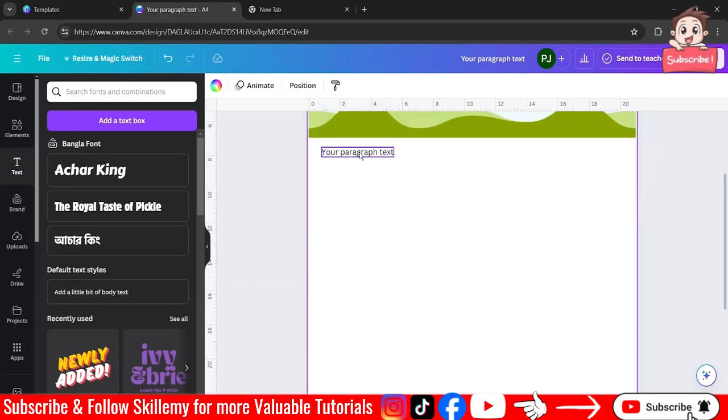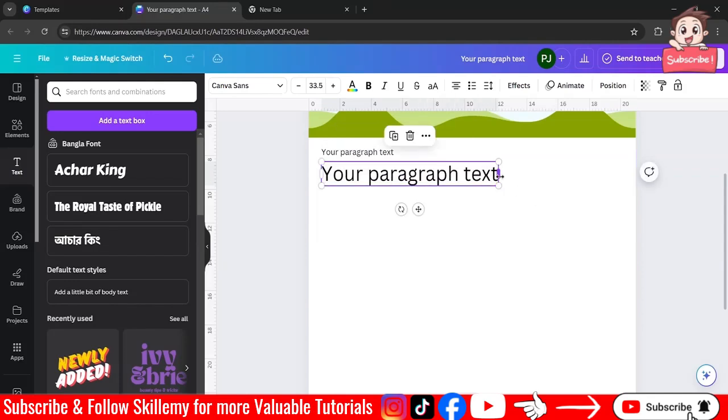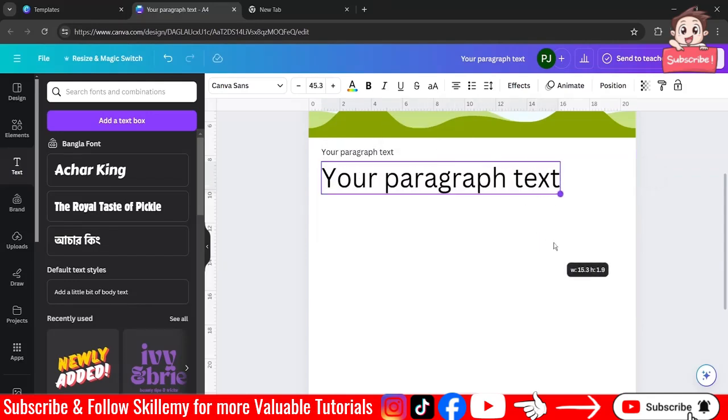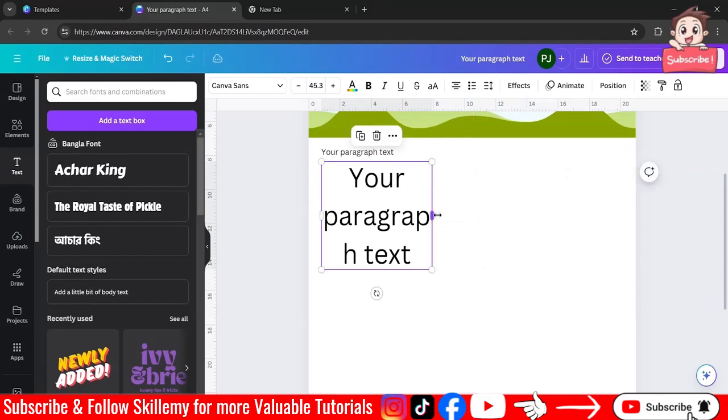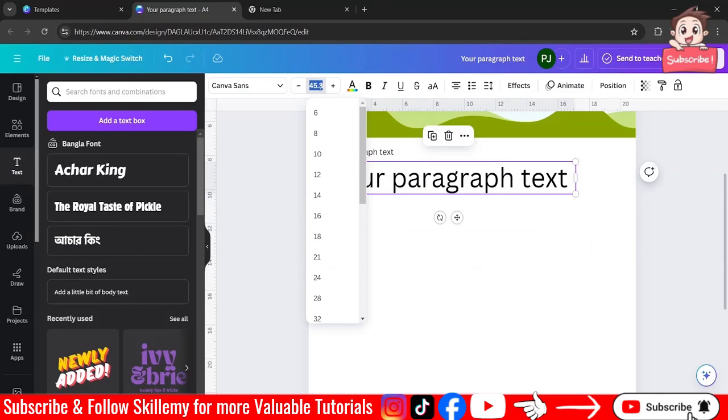Now let's add another text box, or you can copy this one by pressing Alt and dragging, which will make a copy. So let's increase the text box size. Let's make it around 20.